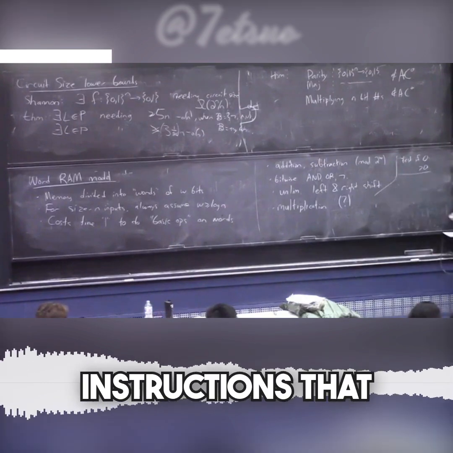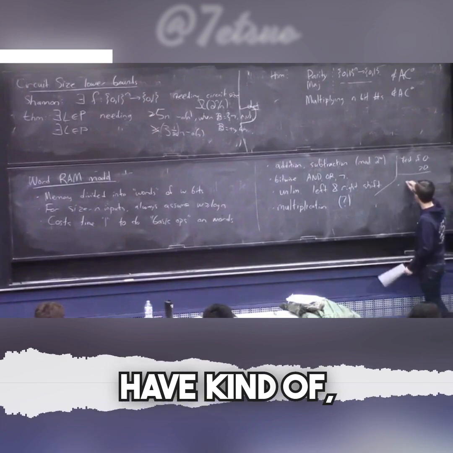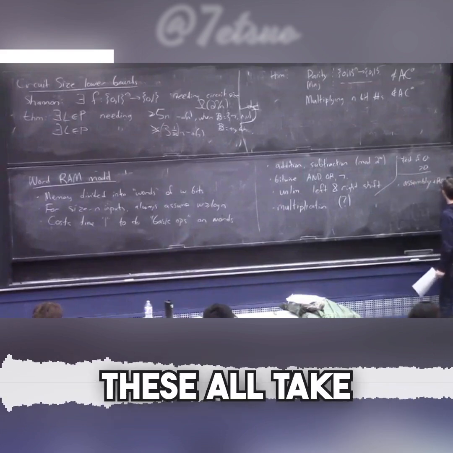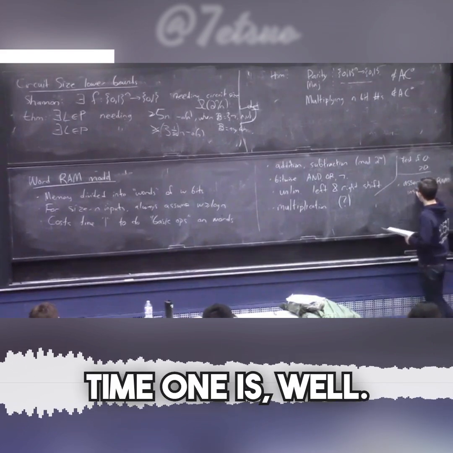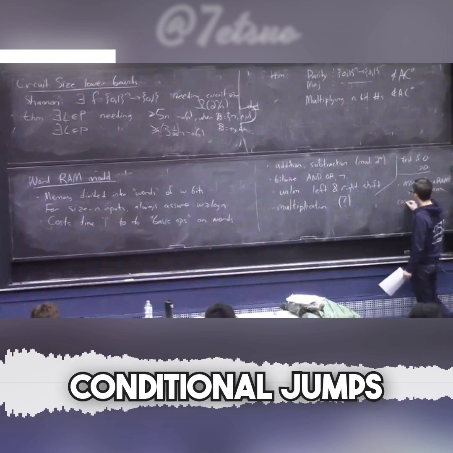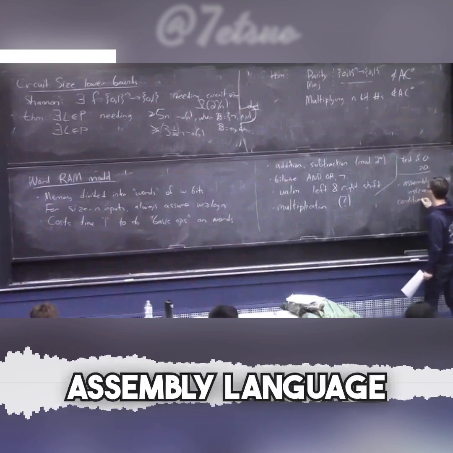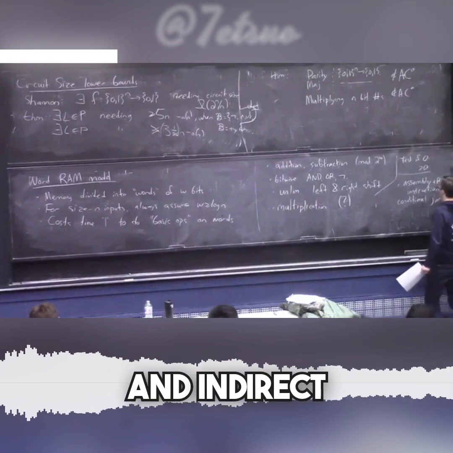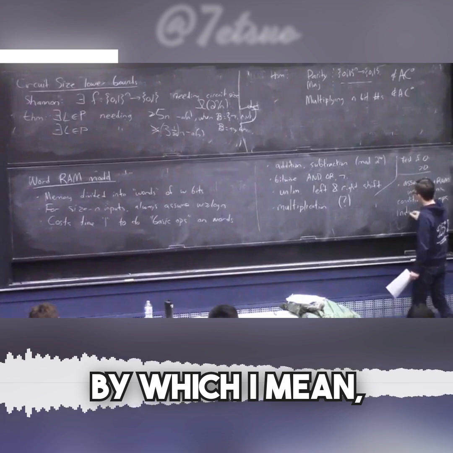And then, there's instructions that have, kind of, like assembly plus RAM instructions. These all take time 1 as well. You have your conditional jumps or whatever. It's basically like modeling assembly language. Conditional jumps and indirect memory access, by which I mean,